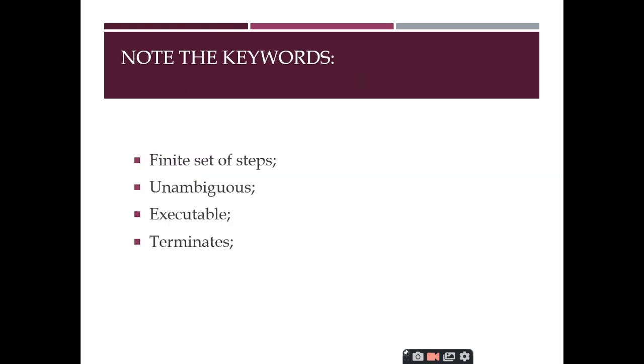Yes, sir. Right. So we have discussed all these steps, finite set of steps. Unambiguous, right? Every instruction should give a perfect meaning and they should give some sense to the user, right? And they should be executable in nature, and ultimately the algorithm should terminate. You cannot write algorithms which cannot terminate, right? An algorithm which keeps on executing is something we don't expect. The algorithm should terminate. Those are the four different characteristics we have, right?